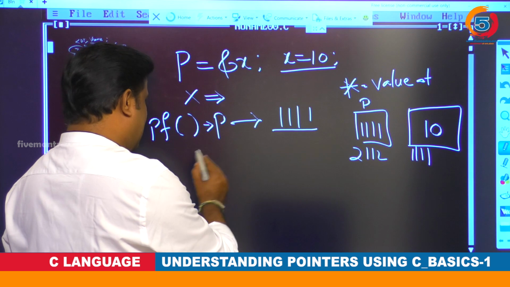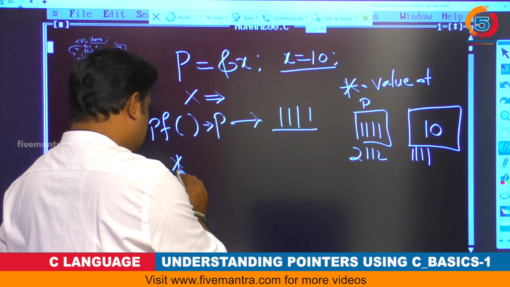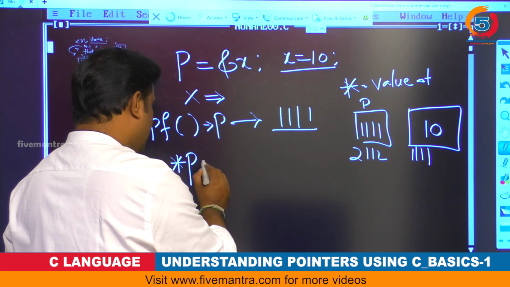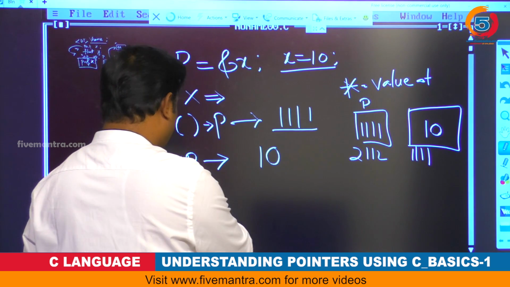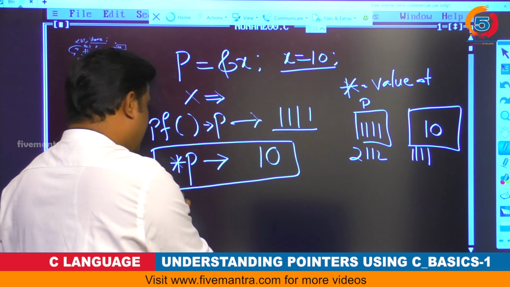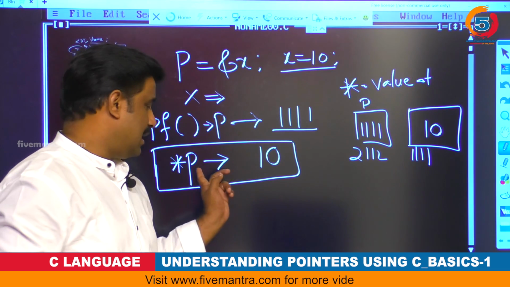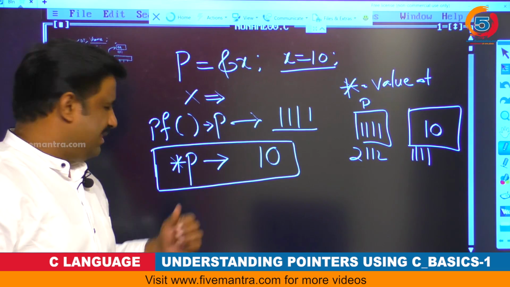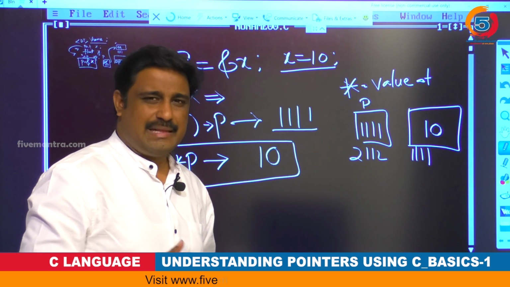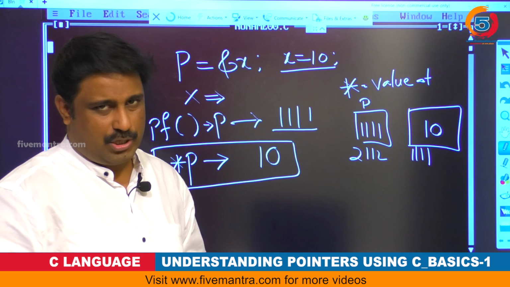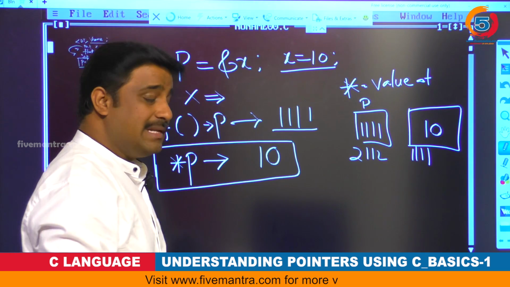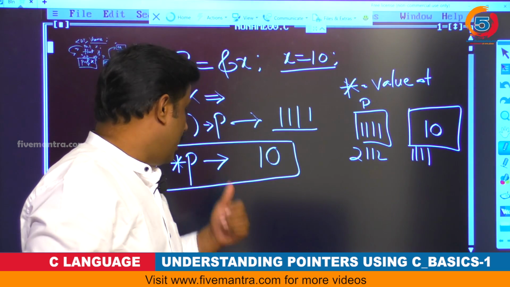And when I say star p, with the help of %d, it will print the value 10. Star p will give 10. Then instead of saying star, value at, this is the asterisk operator we call, right? And we say that one is the value at, right?